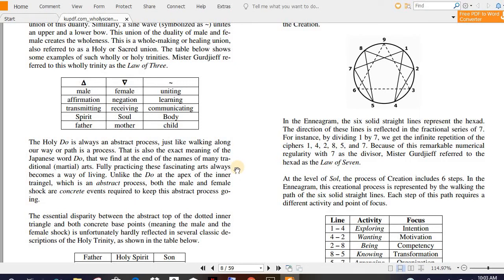Fully practicing these fascinating arts always becomes a way of living, unlike the do at the apex of the inner triangle, which is an abstract process. Both the male and female shock are concrete events required to keep this abstract process going. The essential disparity between the abstract top and the dotted inner triangle and both concrete base joints, meaning the male and the female shock, is unfortunately hardly reflected in several classic descriptions of the Holy Trinity, as shown in the